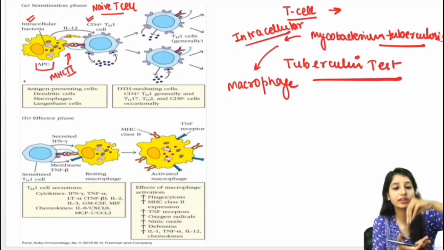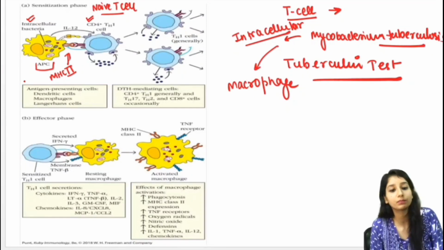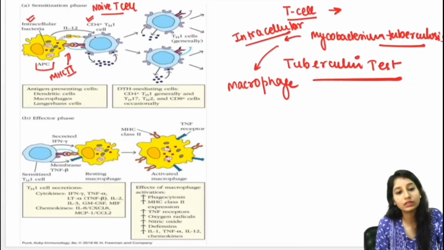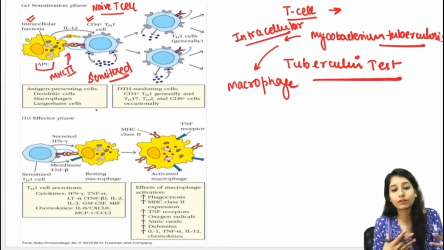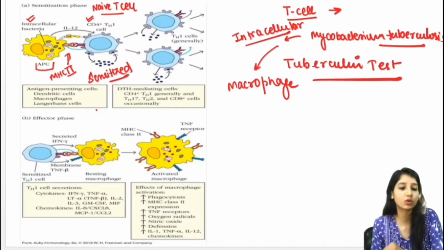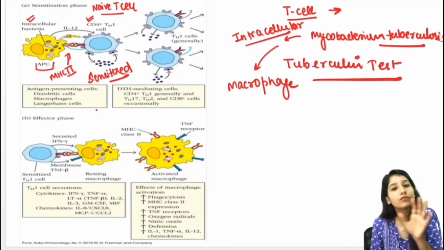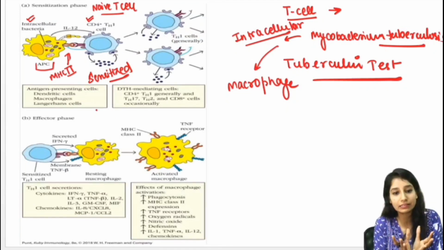It will keep the antigen on the MHC2 molecule, and this MHC2 molecule with the antigen will come in contact with the T cell, that is the naive T cell. Once the T cell has come in contact with the antigen, it will become activated, or we can say it will become sensitized. It will become sensitized, that yes, some kind of thing has occurred in the macrophage and some kind of antigen has been shown by the APC cell. Right now it won't do anything, it has just become sensitized, and it will start to proliferate.